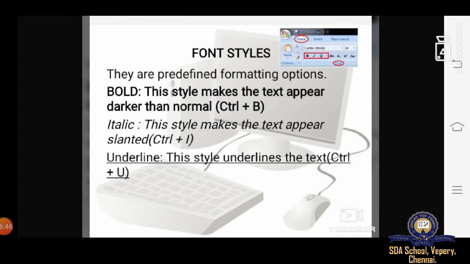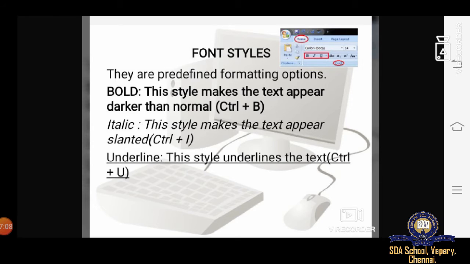Okay, next we will go for font styles. There are predefined formatting options like bold. This style makes the text appear darker.